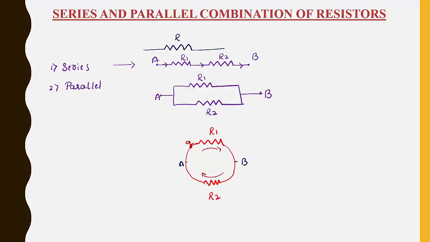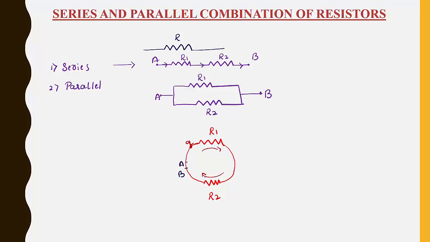There are two paths here. Now we can say that these two resistors are connected in parallel. Similarly, if I consider the two endpoints here, A and here B, tell me how the resistors are connected. To reach point B from point A, the charge should pass through R1, then it should pass through R2, so we can say the resistors are connected in series.